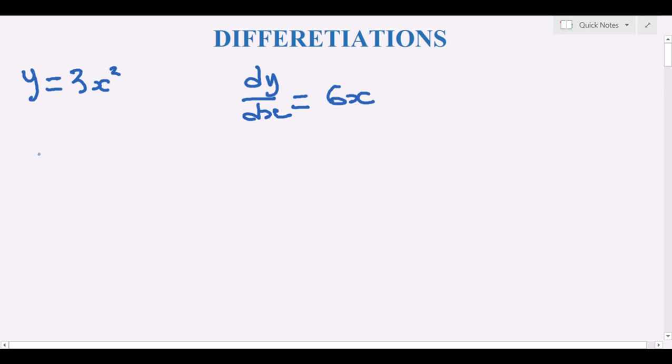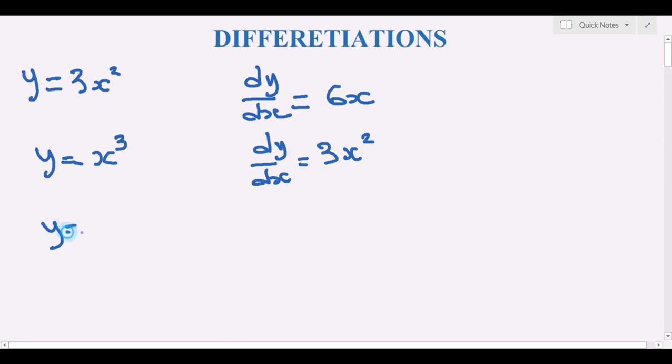Also, for y is equal to x cubed, dy/dx is equal to 3x squared. Then we differentiated y is equal to 2 root x, and our dy/dx gave us 1 over